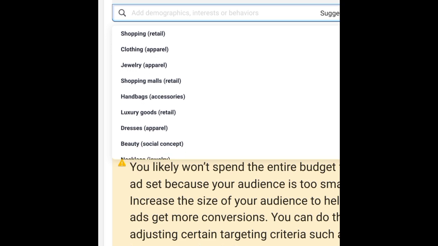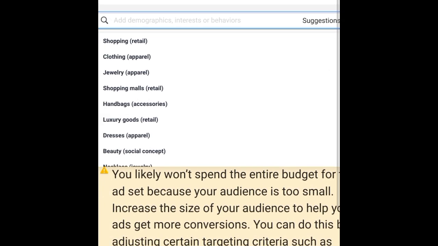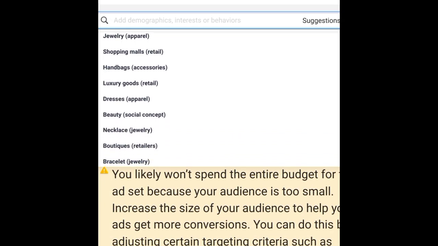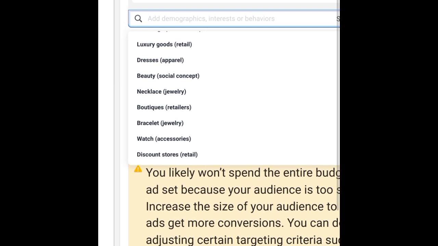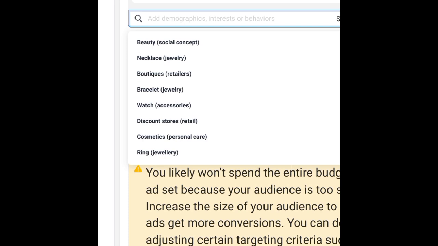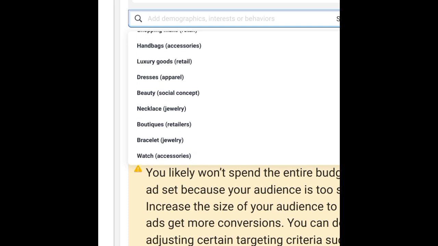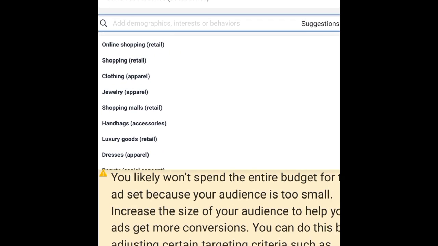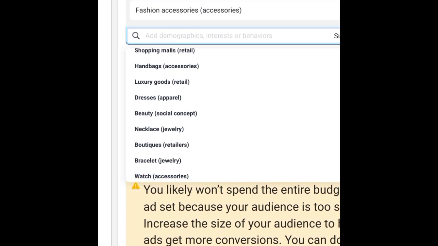You can also choose shopping and retail, clothing (apparel), and this also refers to people who are interested in clothing material. So you have jewelry, you have shopping malls, you have handbags, you have luxury goods, you have dresses, you have necklace, you have boutiques. Facebook, like I told you, will give you a drop down of interests that are similar to what you have chosen. So what you do as part of setting your interest targeting is to now select which of these interests